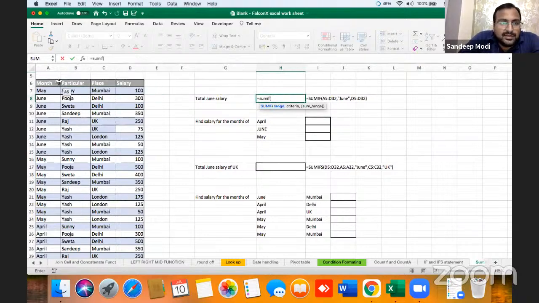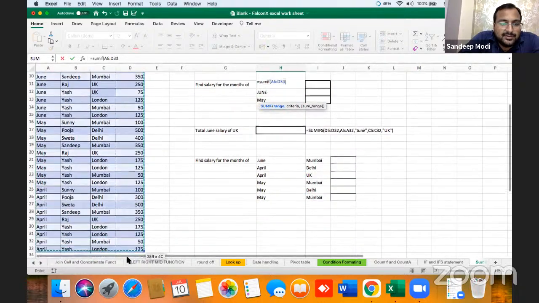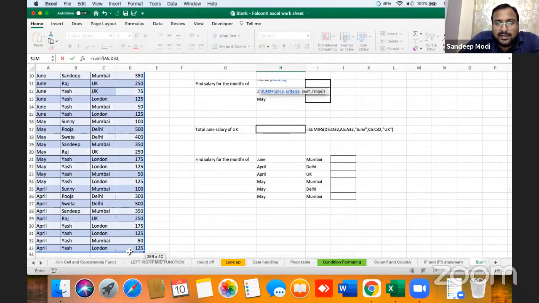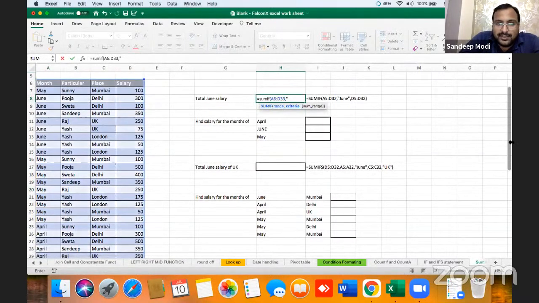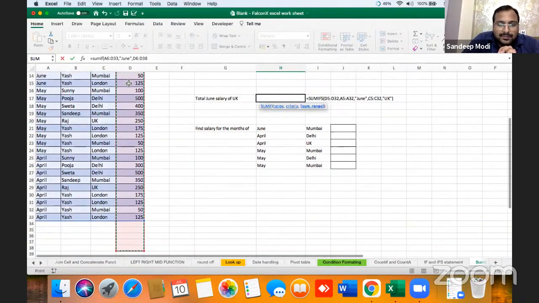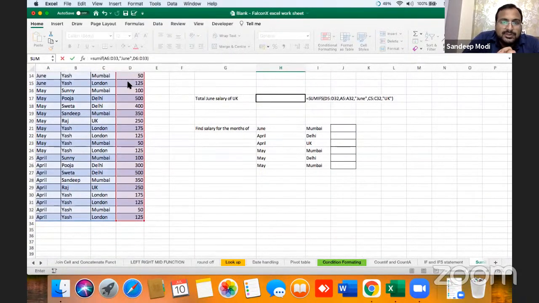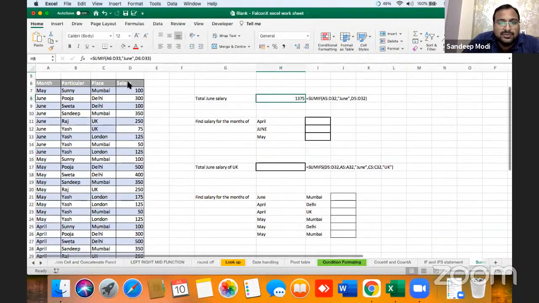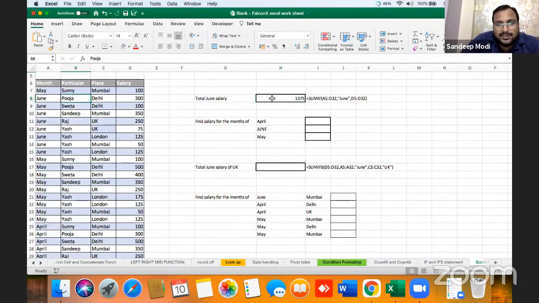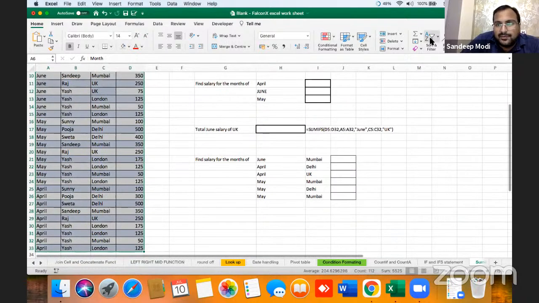Range, here I'm selecting the complete range of data set, and then the criteria is June, which I'm putting in an inverted comma. Then the sum range, bracket close. Now we got the June salary. This is how we can use SUMIF. Let me show you June salary. Filter.